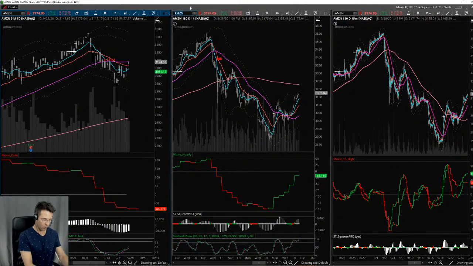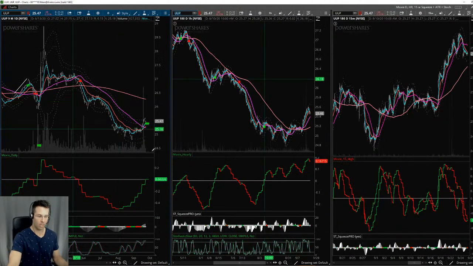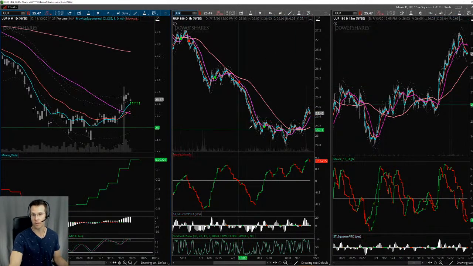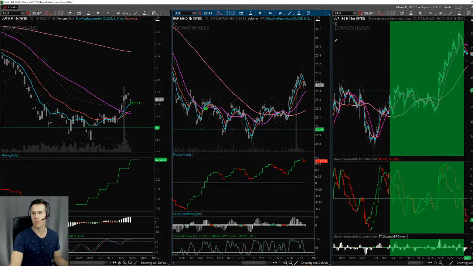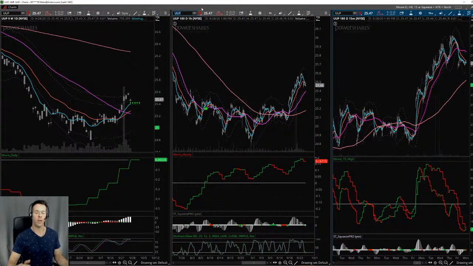All right, now let's kind of go around the market. Let's say UUP, because the UUP, the dollar, is going to have some effects. Number one, an uptrending dollar can be difficult, can be hard on stock prices. Okay, so I think we've kind of seen that too. This might have played a role. The other thing is that an uptrending dollar is going to be really hard on precious metals, gold, silver, all that kind of stuff. And we saw a big move here.